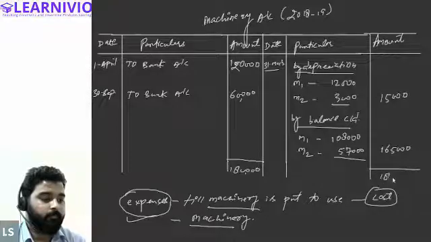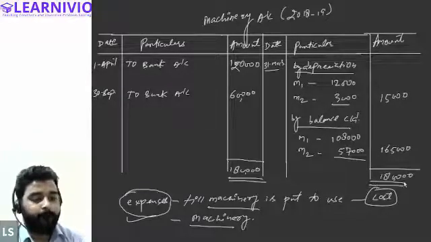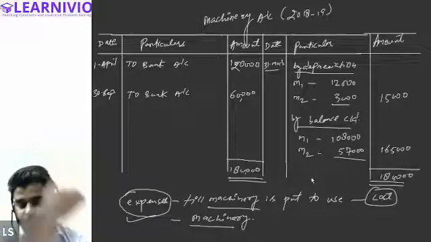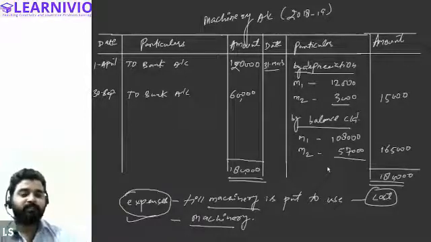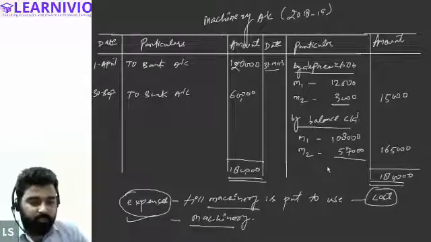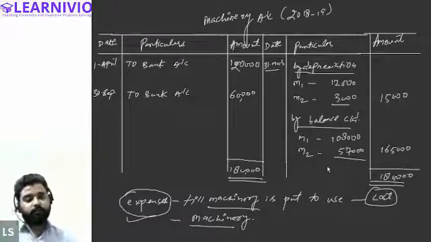Yes, sir. Any doubt? Sir, repairs on any machinery and renewal of any machinery will not be recorded as part of the machinery or any asset account. But erection or installation will be counted, right? Yeah, Samiksha, any expense that is incurred till the machinery is put to use, all the expenses till it is ready to use, are considered as part of cost. That is included in the cost of machine.